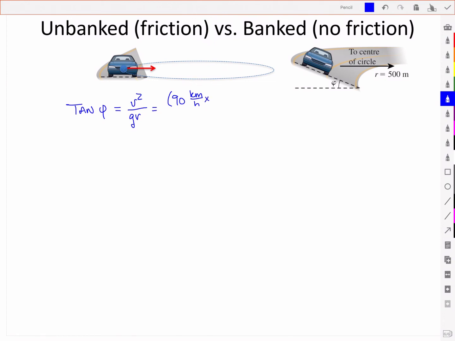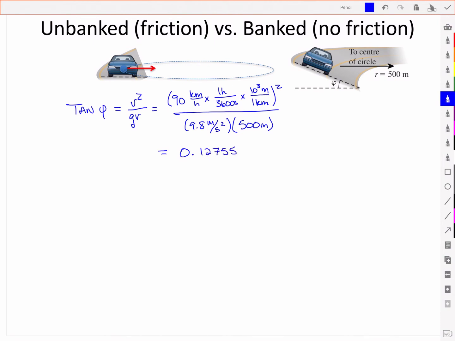And I'm going to convert that into SI units. So I know I've got 1 hour per 3,600 seconds, right? 60 minutes per hour and 60 seconds per minute. And then I'm going to times that and convert it to meters. So I've got 1,000 meters per 1 kilometer. That's how I do my conversions. And all of that is going to be squared. And I'll take that then over 9.8 meters per second squared times a 500 meter radius of curvature. That then gives me a value of